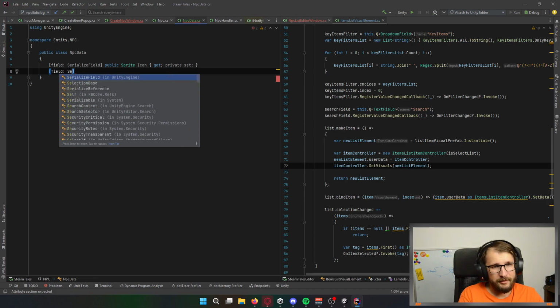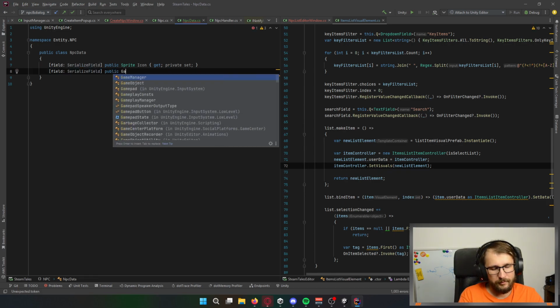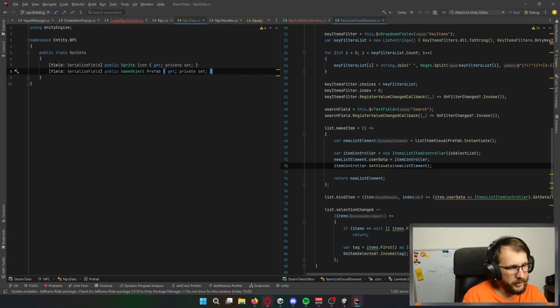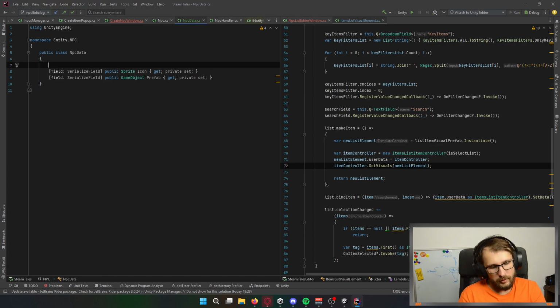Let's go with serialized field for public game object. Yeah, it will be game object for now. Maybe we'll change it in the future. That will be prefab. Of course, get and private set. And I think that's all.